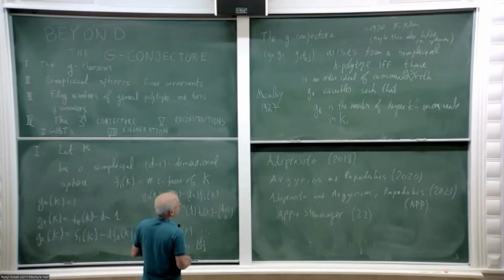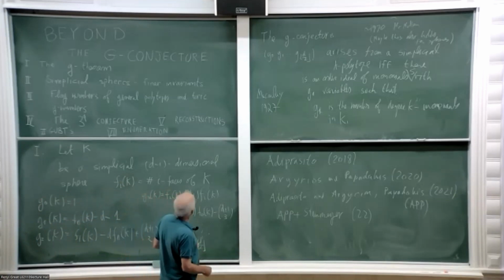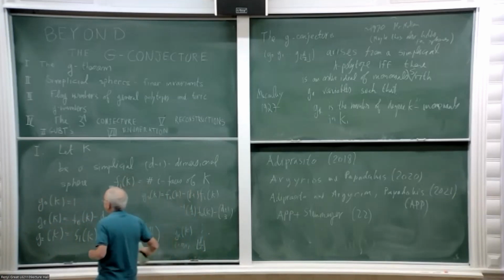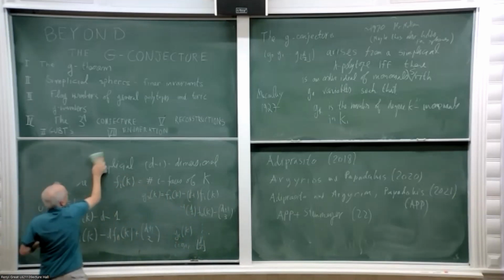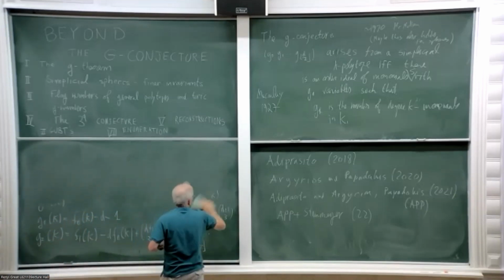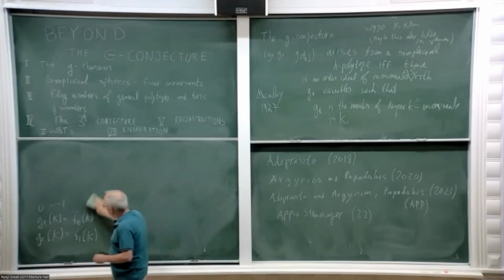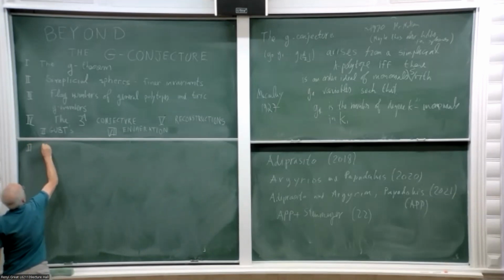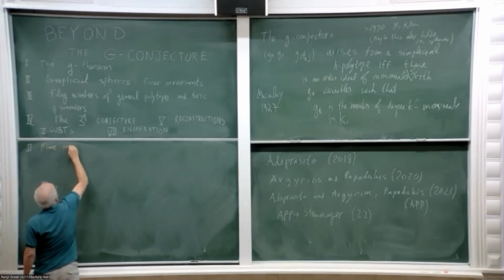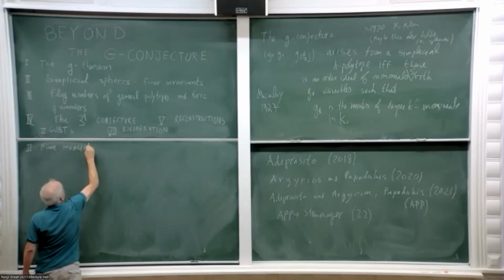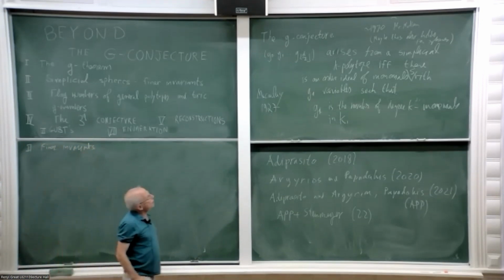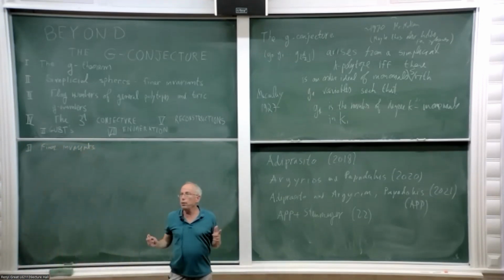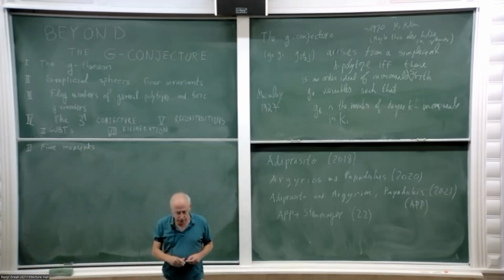And now I want to tell you a little bit about the second thing, which is finer invariants. Here the second part will be divided into two small parts. So finer invariants. So we said that the g-conjecture asserts that